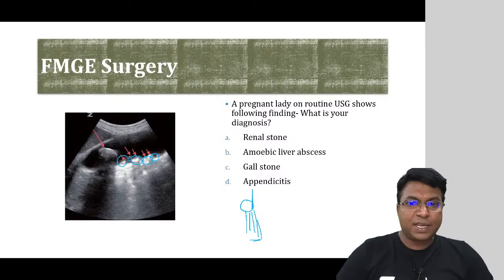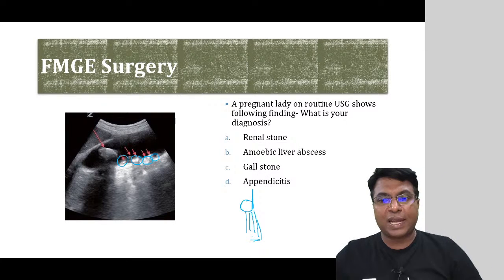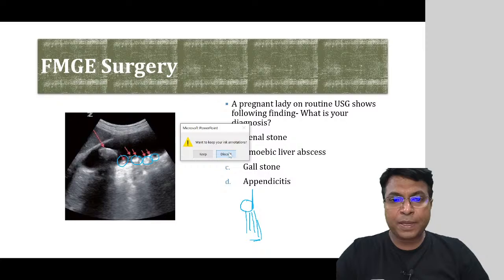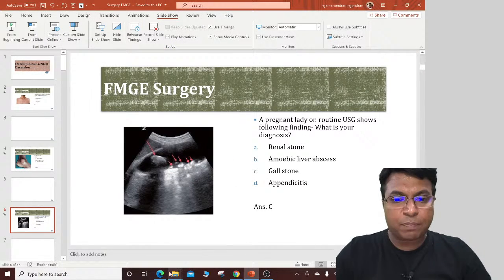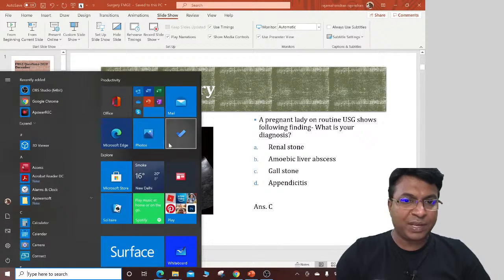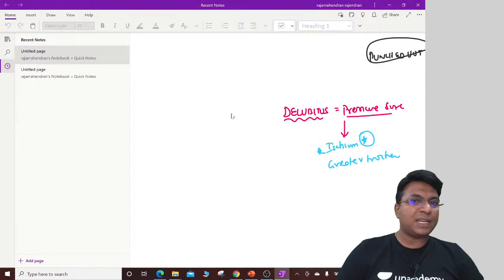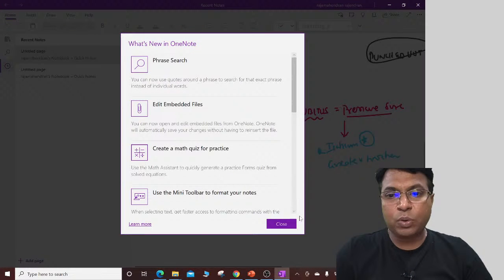What is the finding seen? Yes, this is a gallstone. What is the finding of gallstones? Please tell me. Yes, the gallstones and gallbladder polyp. I want you to know the differences between gallstones and gallbladder polyps. So gallbladder polyps and gallstone, the main differences you have to know about